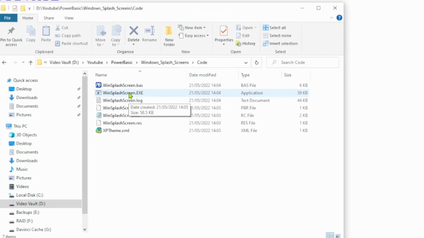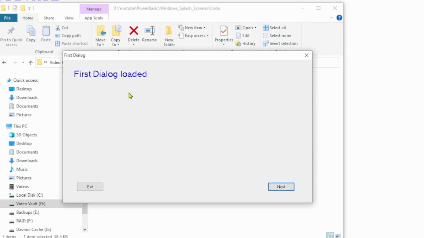We have a very simple Windows application here, the splash screen exe. If we double click on it, the dialog appears immediately. So with this application, a user would have no issues. As soon as the executable is launched, the dialog appears. However, if there was some delay in the application loading its first dialog, say for example the application was connecting to a database and pulling a large amount of data off it, then the dialog would be delayed coming up on screen, and there would be no feedback to the user that the application was indeed running.